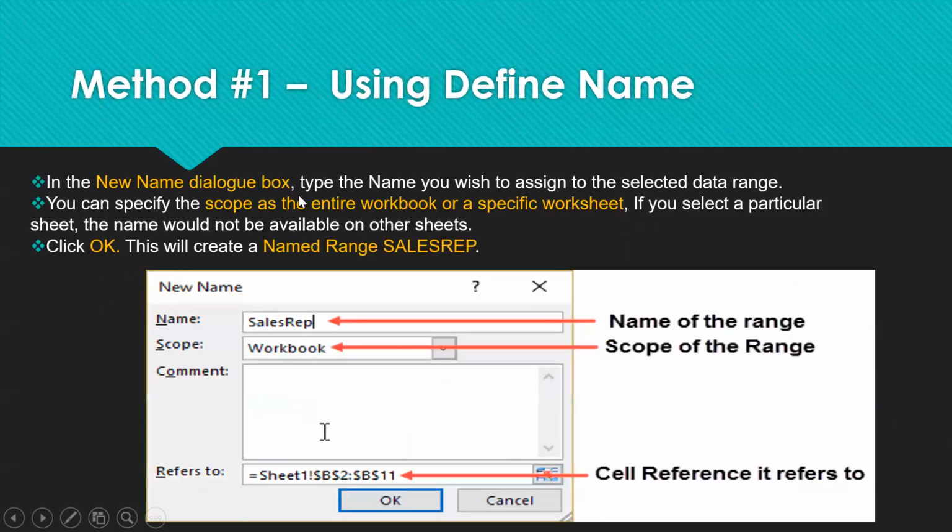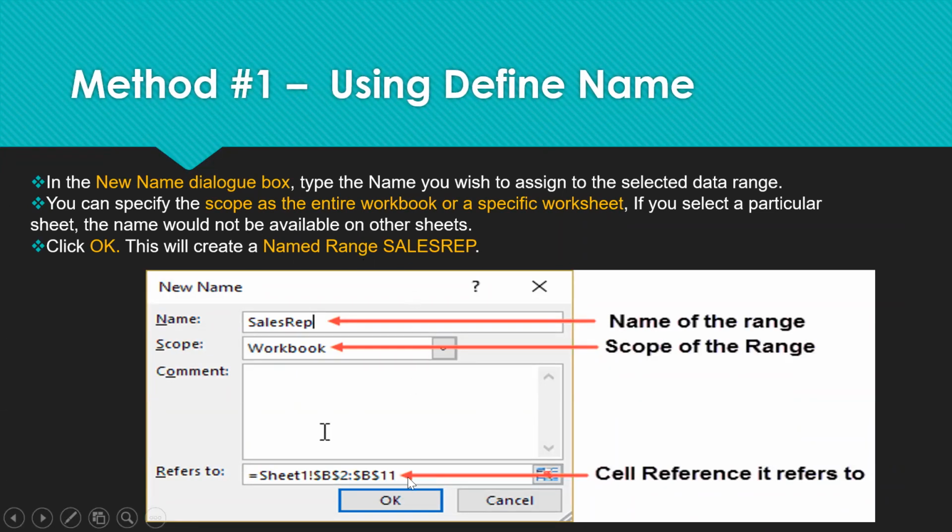And in the name dialog box, type the name you wish to assign to the selected range. You can set the scope to the entire workbook or a specific worksheet. So there is no limit to selecting the named range. Even if you want to select the entire worksheet, you can do it.